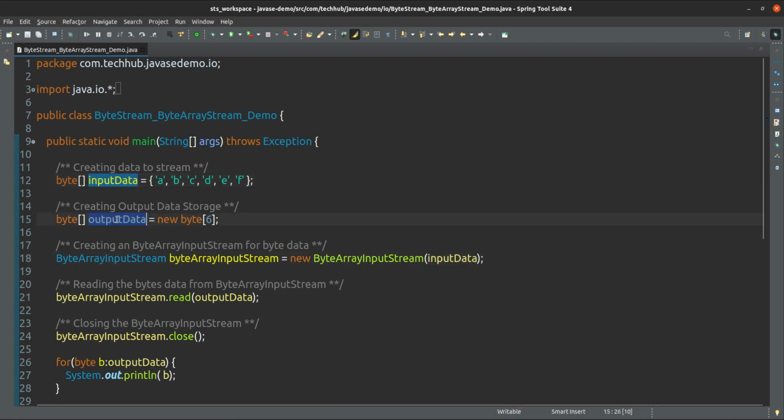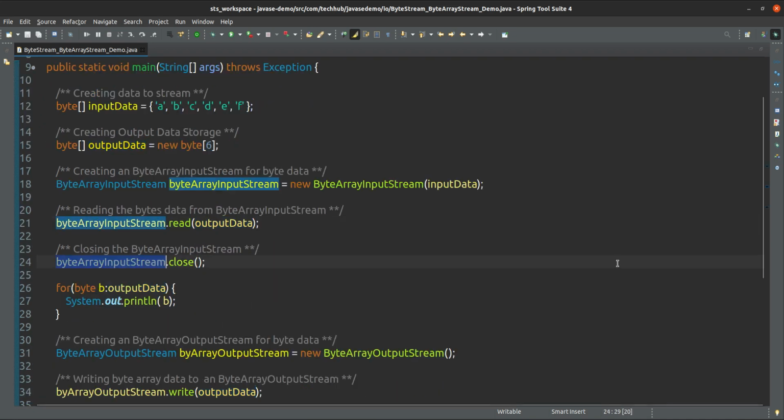From this input data we are creating one byte array input stream, and from this byte array input stream we are reading all the bytes into this output data, and we are closing this byte array input stream.